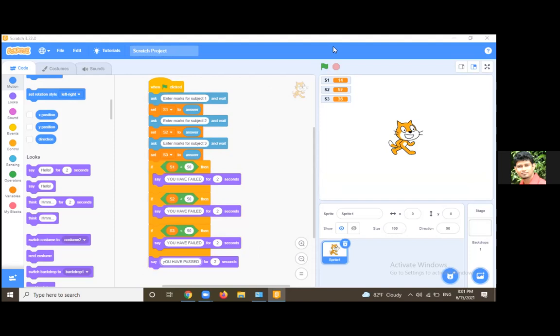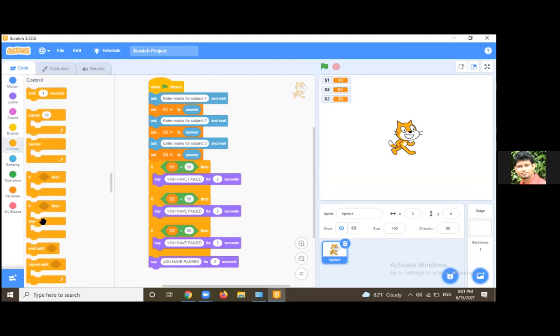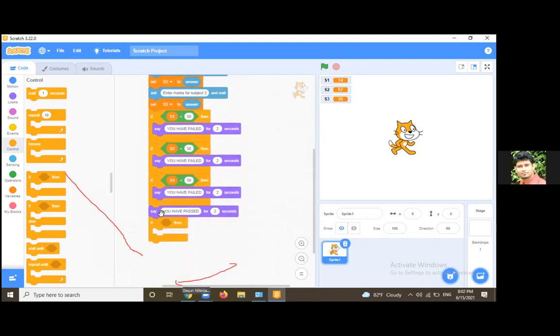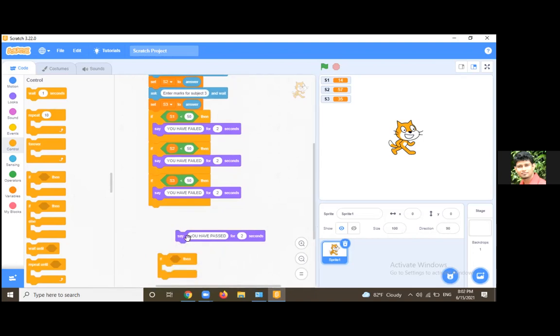else part, or you have to have another condition to check whether all subjects are greater than 50. So again you can use another if, to check that for all subjects you get 50. To do that, just use that if then this one. Just drag from there. And keep it. No, this one you have to put in the middle. You have passed one, you have to put in the middle.